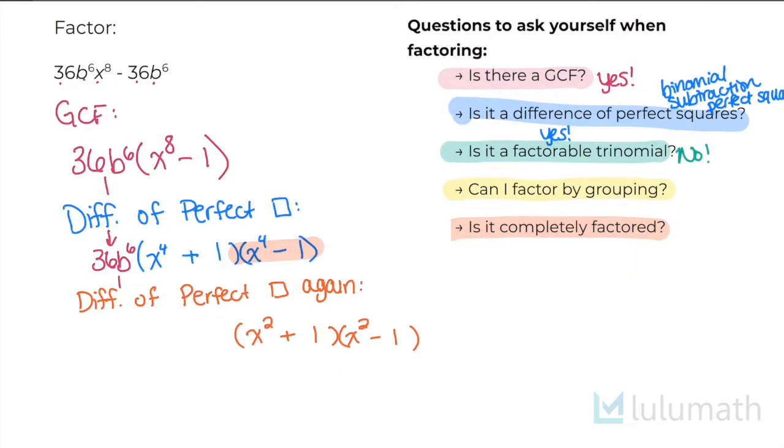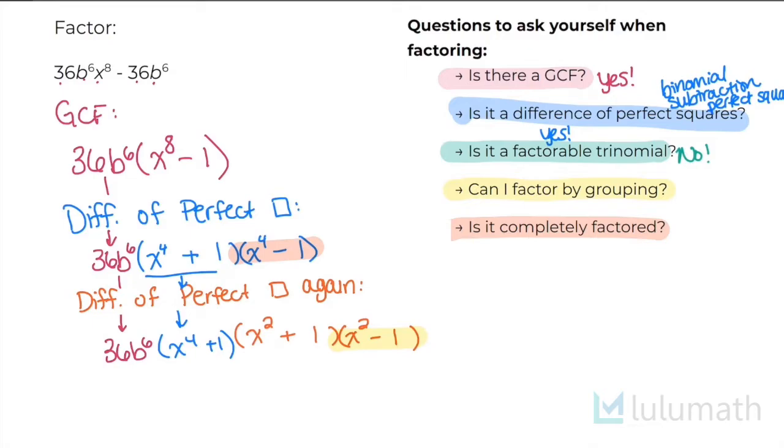But don't forget, we have to bring down our GCF, this 36b to the power of 6. And then this time we also have to bring down our x to the power of 4 plus 1, because again, we're not changing our expression, we're just writing it in a different way. So now, I'm not going to go through this whole list again quite yet, because if you take a look